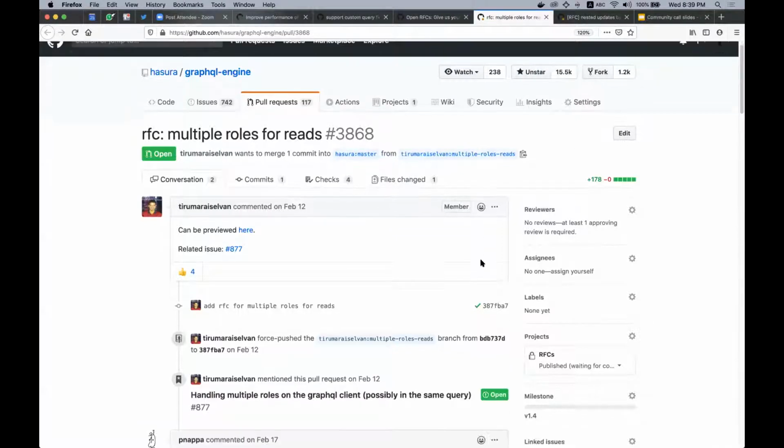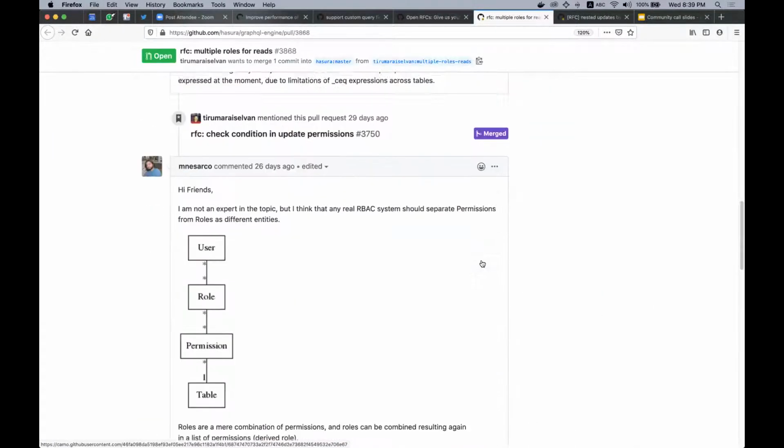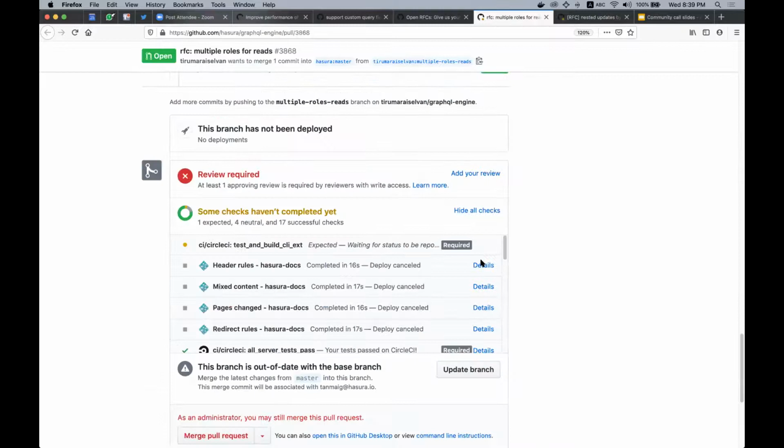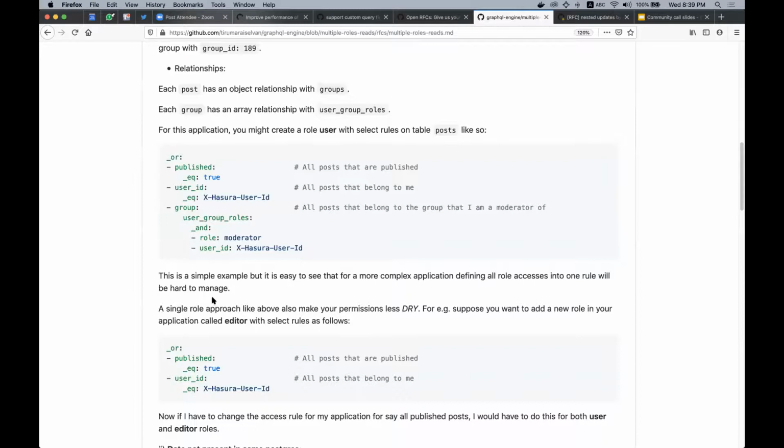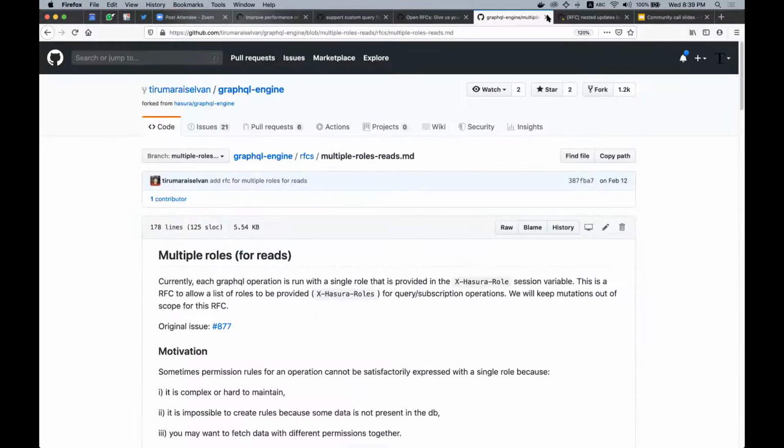The pros and cons and the various different ways of doing it have been discussed in a little bit of detail here in the RFC. So if you go to any RFC, you'll see a preview of the RFC and the different issues that have led to this RFC. So here, for example, is the actual RFC that you can preview. On the other